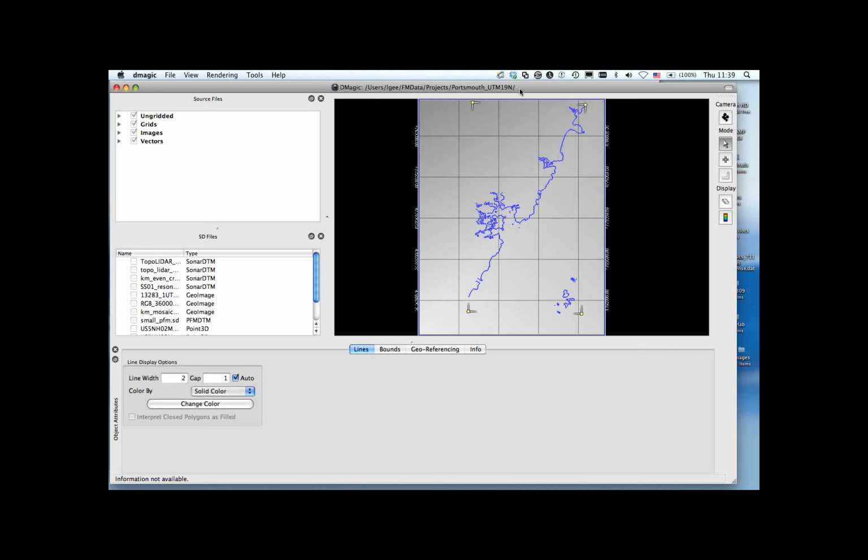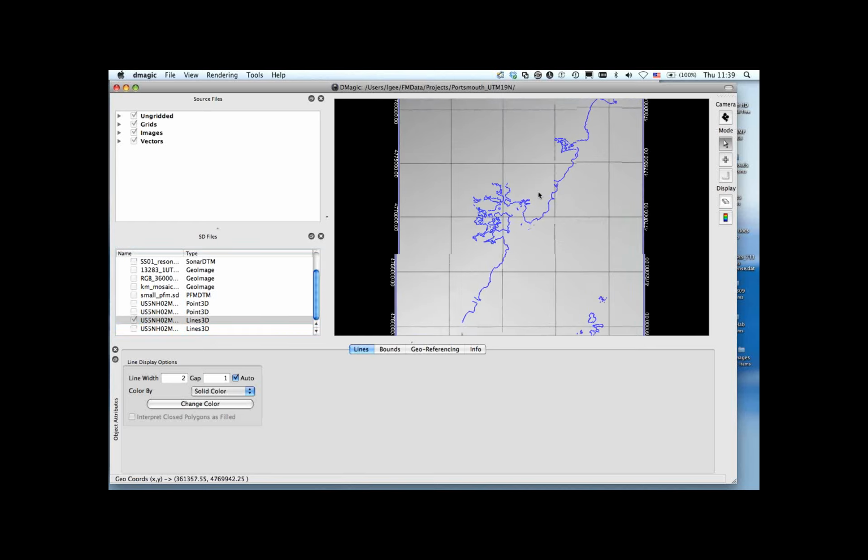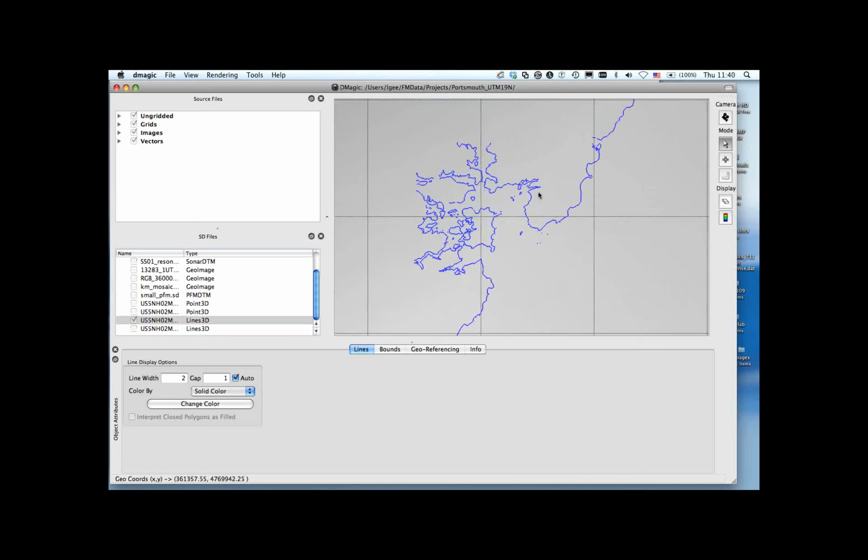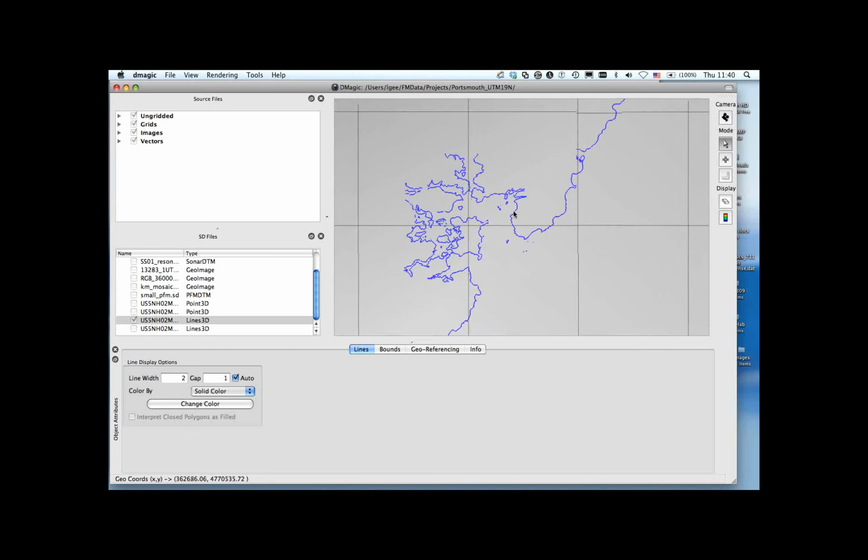Okay, now turning to DMagic, and we have the project built already just to show some of that capability. You'll notice that there's a main visualization screen that I've just got one object showing for now, and that's just from the S57 file, that coastline file that I had before. So again, this is the entrance to Portsmouth, showing the bounds within the window. And just note, the visualization in DMagic is really Fledermaus, and if you've ever used the plan view within Fledermaus,